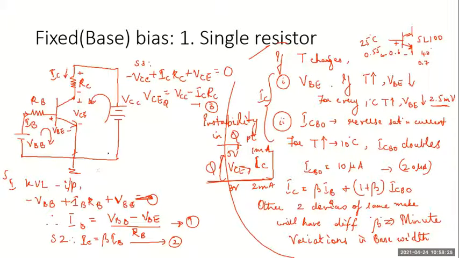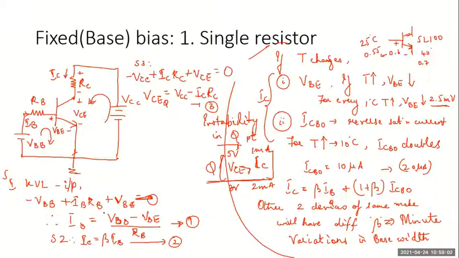So we are done with the biasing arrangement where we have written KVL of the input loop in step 1. We have found the base current. If you look at this base current, that is equation 1, you will be able to tell me why this circuit is called the fixed bias circuit. Can somebody tell me? Look at this equation 1. Yes?